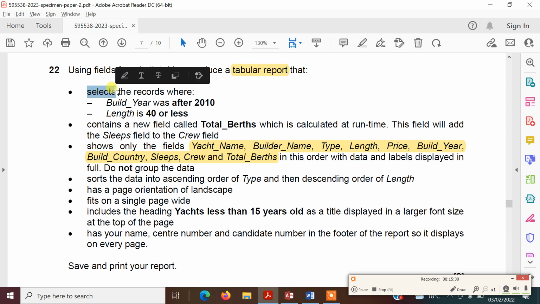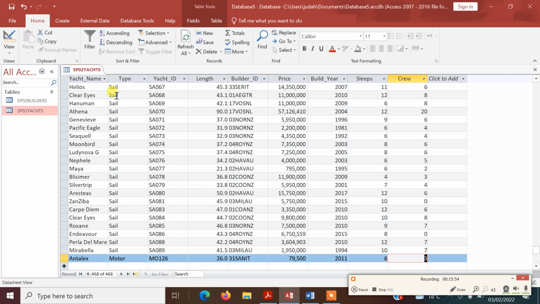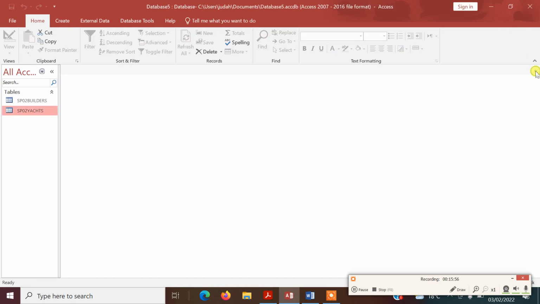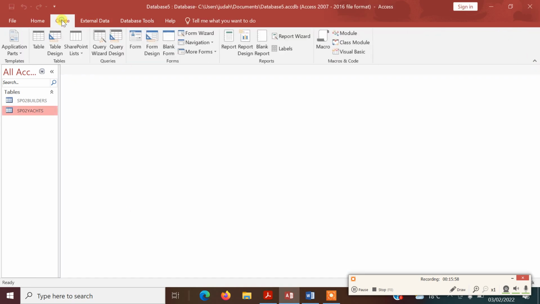So that word select identifies to me that before we can create a report, we need to create a query so we can select specific data out of our database. So I'm going to create a query first, and then once we've selected the data we need, then we can create a report of that data. So I'm going to go back to the database again. I'm going to close this table and I'm going to go to create, and I'm going to use the wizard,